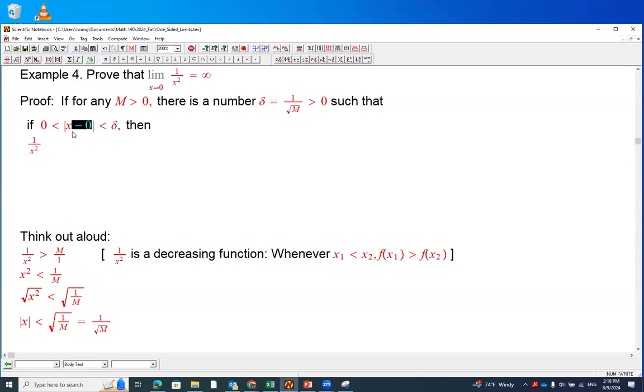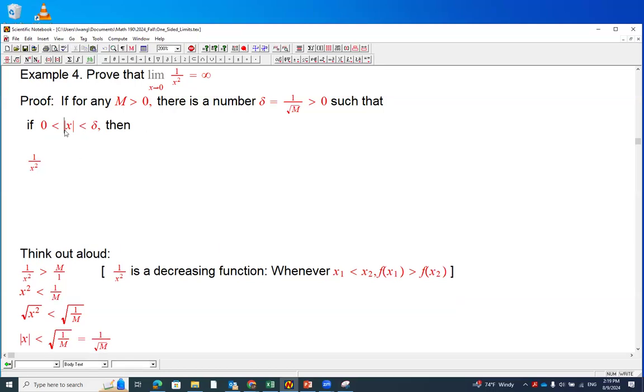From here, the absolute value of X is less than delta, and what does that mean? It means, if we square both sides,